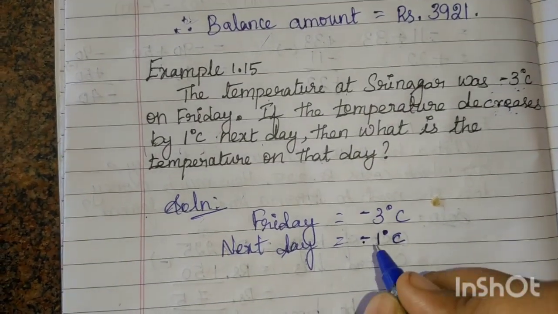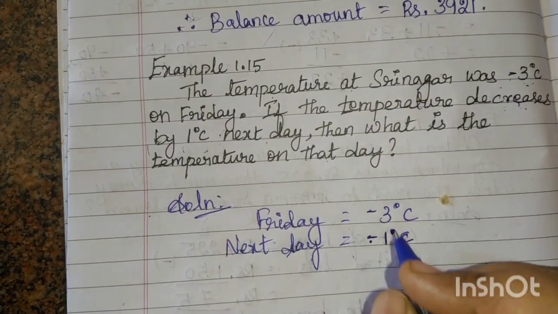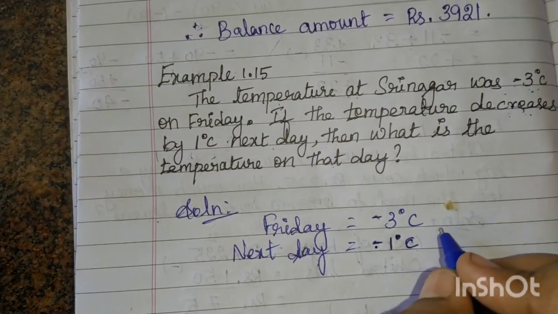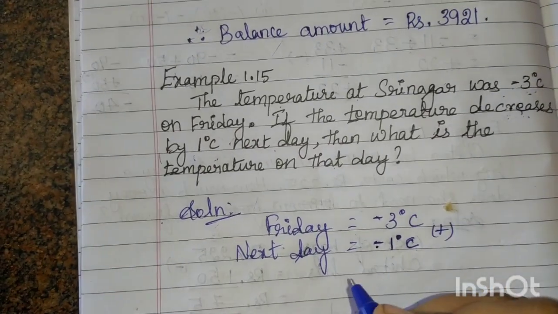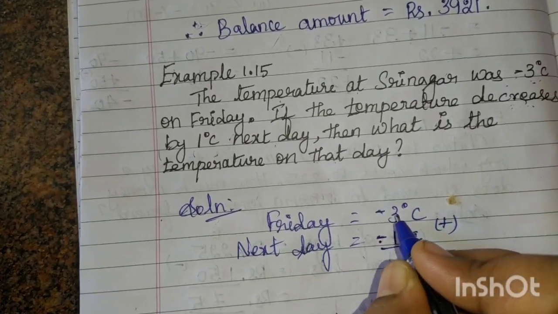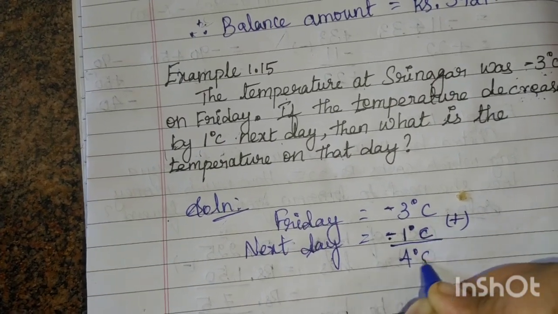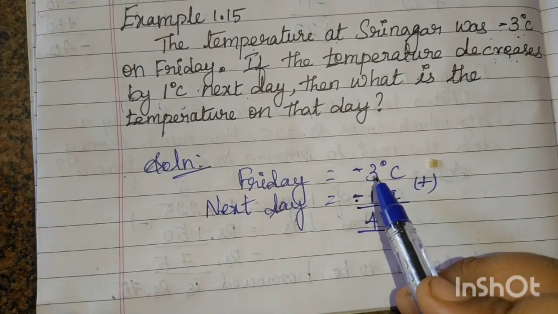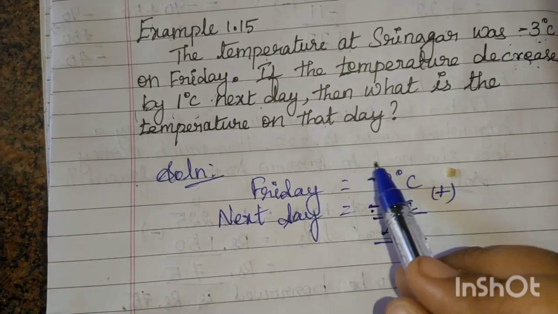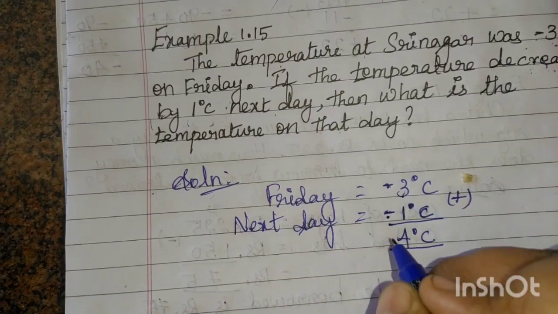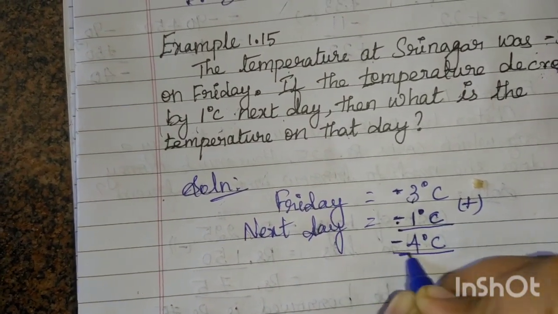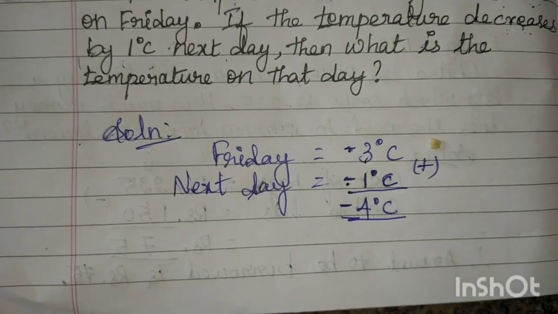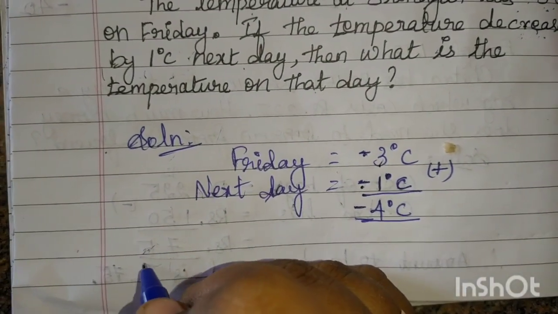Okay? So if it decreases, then how much is it? Minus, minus: both the numbers are negative, so we just wanted to do the addition. Okay, here see 3 plus 1 is 4 degree Celsius. Listen children, which number is bigger here? 3 is the bigger number. Before it what sign is there? Minus is there, so we just wanted to give the minus. So answer is -4 degree Celsius. So you just write it here.